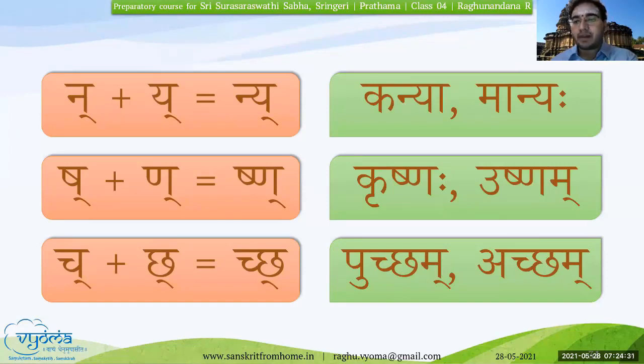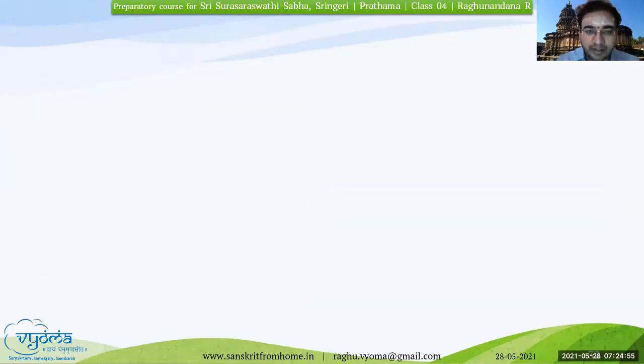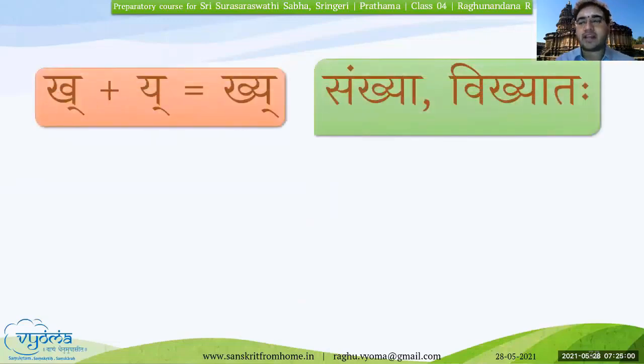For example, I'll take another example, which is the previous word, Ushnam. And similarly, Manyaha. If you notice, there is a subtle extension of the previous letter, or you can think of it as a small pause, so that the stress is given onto the Samyukta Akshara. We'll go to the next slide to see a few more Samyukta Aksharani and a few more examples of these words. K, Y, K.